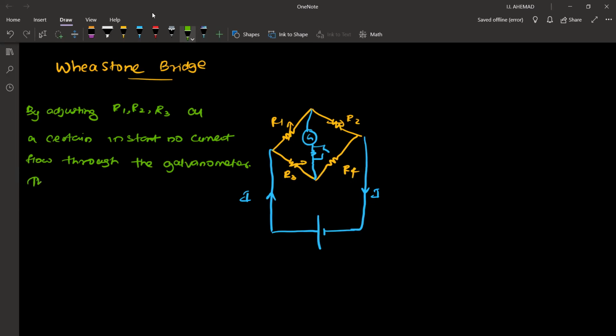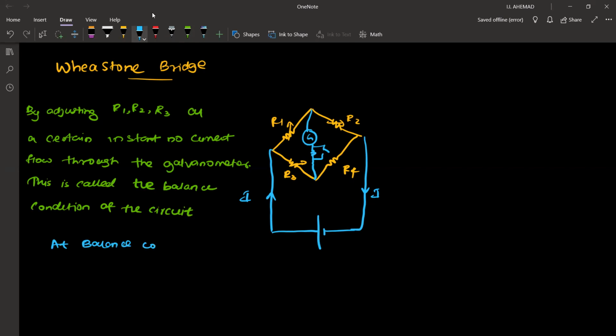This is called the balance condition of the circuit. Okay, so at balance condition, if we mark these with letters,